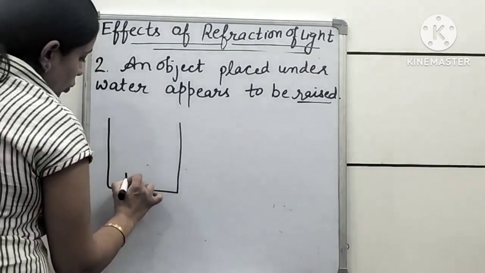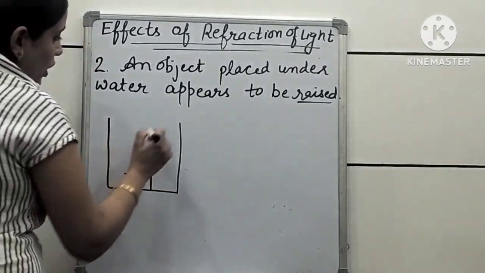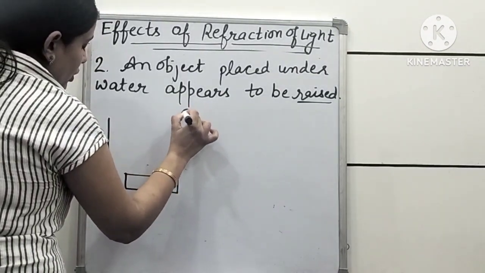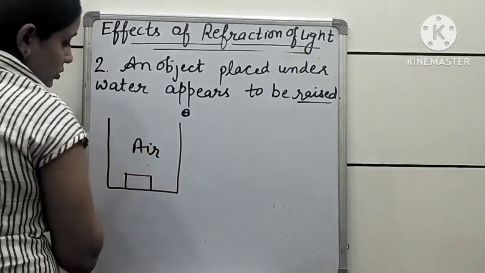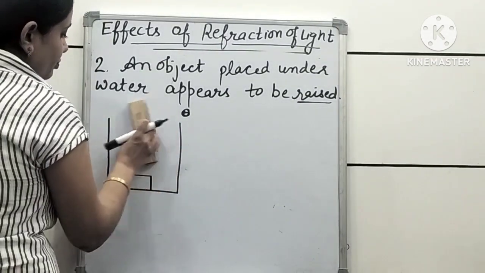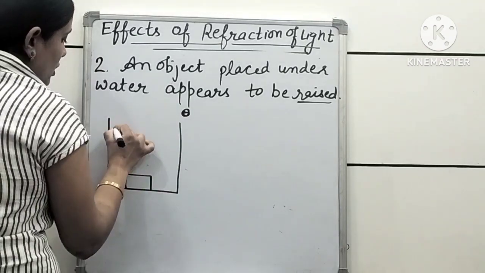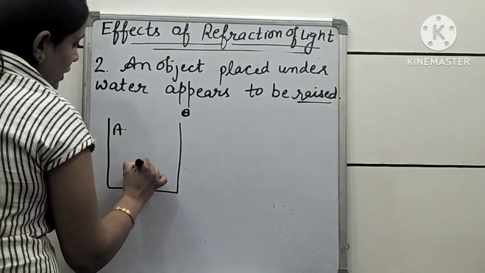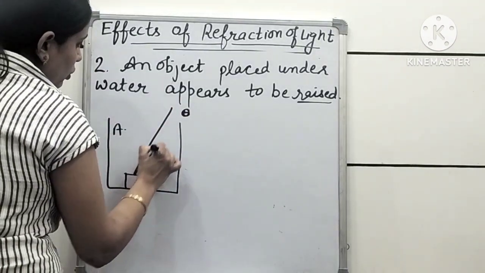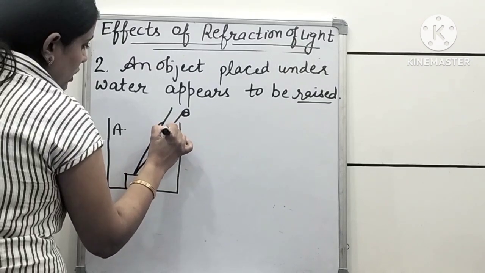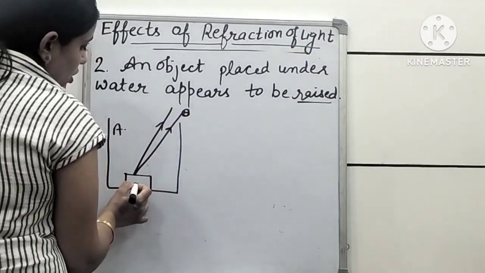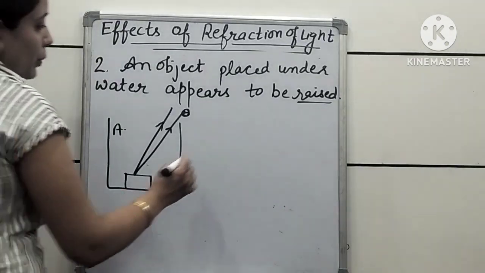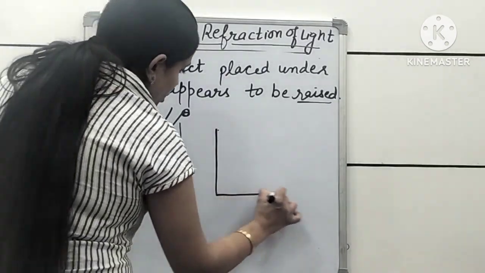a beaker. In this you have kept a coin. Here a person is looking at it, and you know there is no other medium here. This is air. OK, the medium is air. So when the radiations are coming, we all know that light radiation travels in a straight line path. So the man will see this coin at this place, but when we put the water in the beaker,